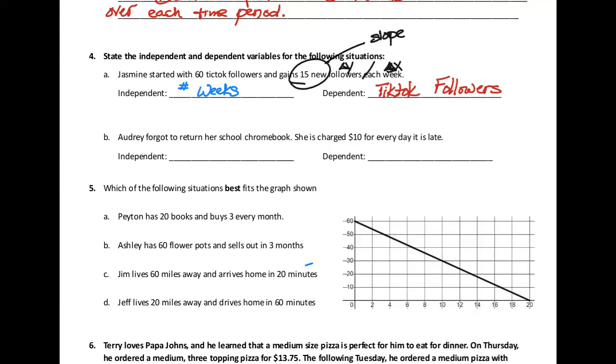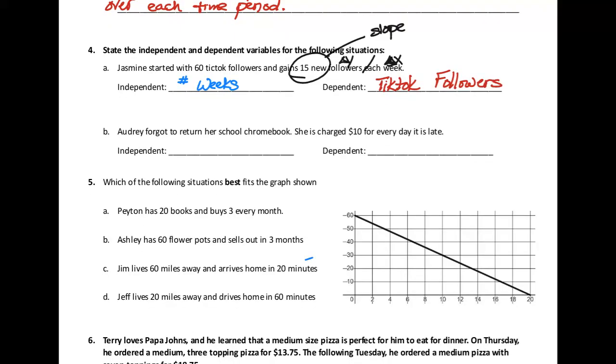Audrey forgot to return her school Chromebook. She is charged $10 for every day it is late. Somebody else. What is the independent or dependent variable? Okay. Independent is number of days. I would say late. I would add late. Although, yeah, every day is late. And dependent is